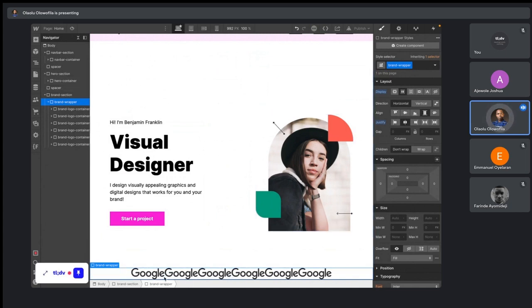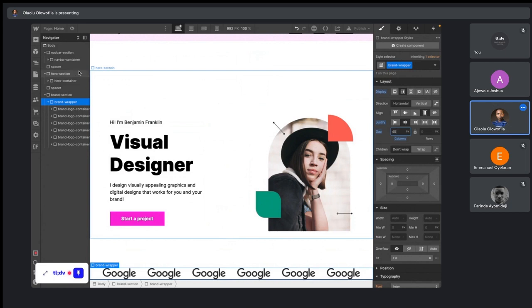Then let's adjust the spacing in between the logos by coming to the gap and adjusting the column width. So if it is vertical and they are stacked on top of each other, you are going to be adjusting the row. But because they are horizontal and they are stacked side by side, you are adjusting the column width. So let's give it, say, let's say 40. So you can see that